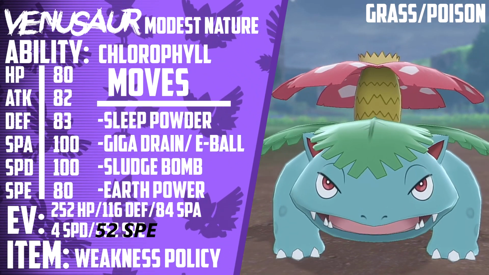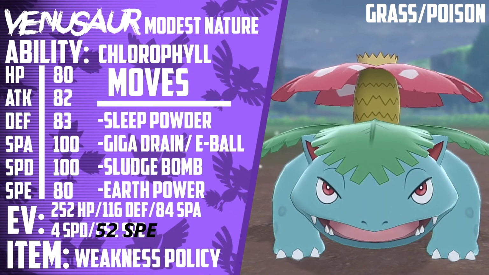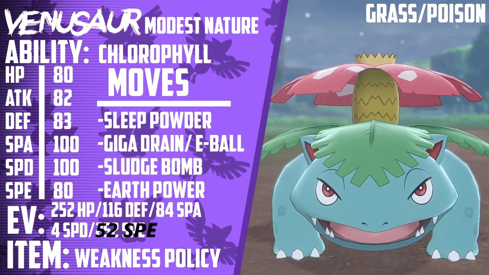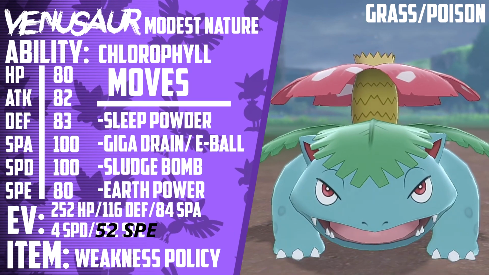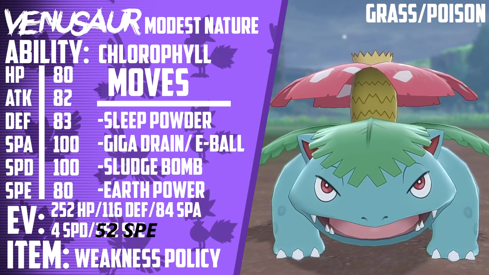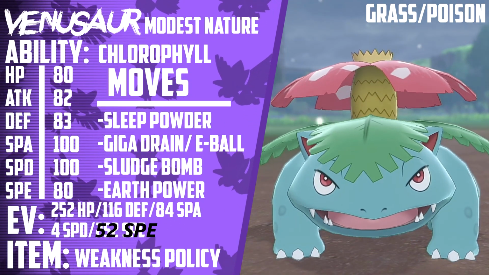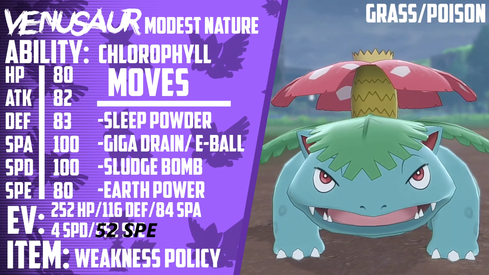And our EV spread is going to be max HP, 116 defense, 84 special attack with a Modest nature, 4 special defense, and 52 speed. Basically, the 52 speed is all you need to outspeed max speed Jolly Dragapult, as long as you have the sun up. We have max HP and 116 defense because that allows us to take